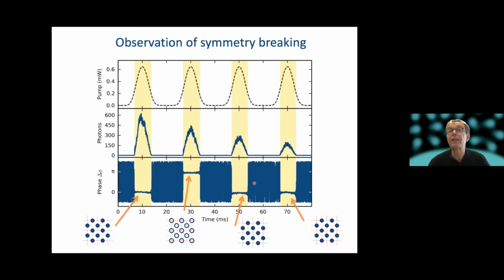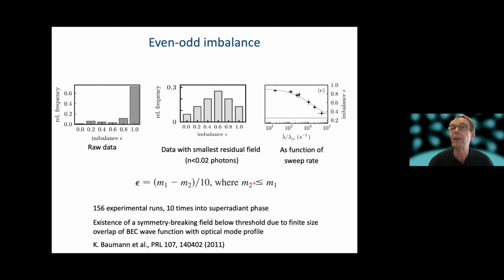And then we did this several times. Actually we did it 10 times, and then several runs of going 10 times in and out. Then we did statistics on it and looked at how often you have even versus odd. Is there any preference or not? If you take all data, then you have a preference for one. If you then take the data